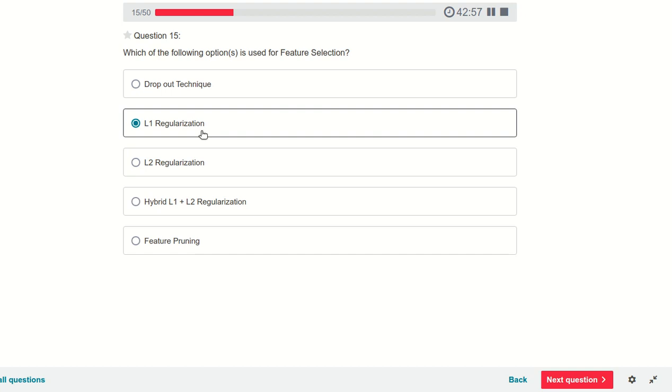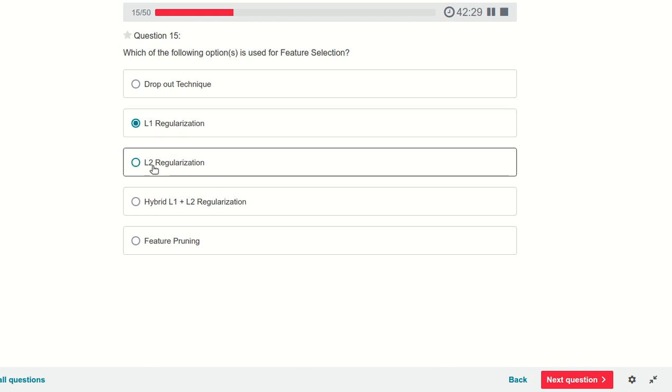Let's suppose we have 5 features, and we know that out of the 5, 2 features have more impact on the output. In that case we always use L1 regularization, which will give more weight to those 2 features and very little weight, or even 0 weight, to the other features, so that our output will not get impacted by the other features. Our output gets impacted by the main 2 features.